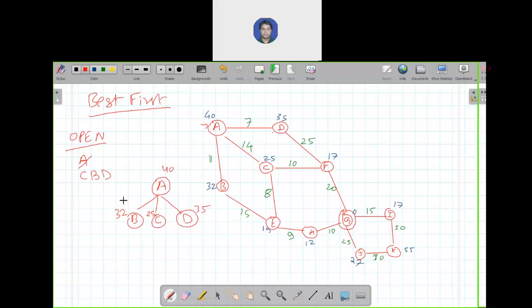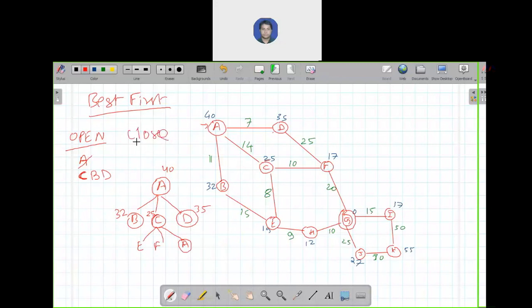Now we are at our current node, which is C. We will explore C. As you can see in this graph, from C there are three ways. You can go back to A, or you can go to F and E. There is E, F, and A. We will not follow A because it is already explored, meaning it is in the closed list.